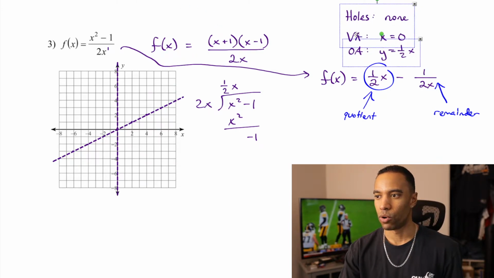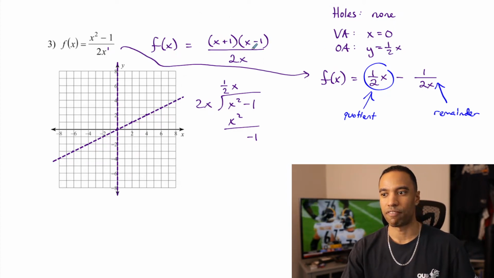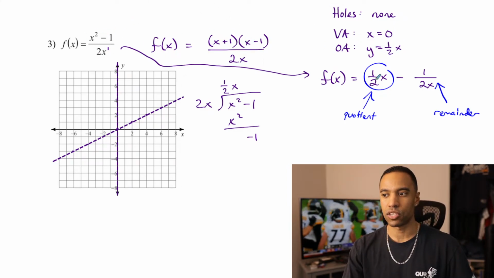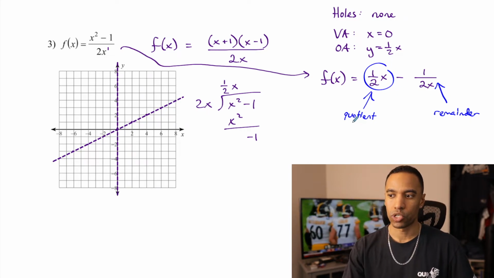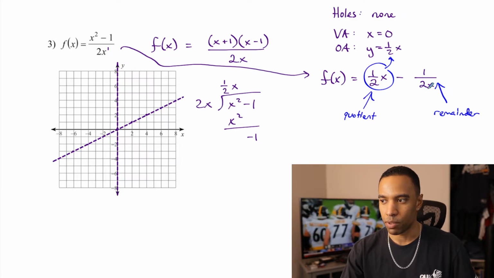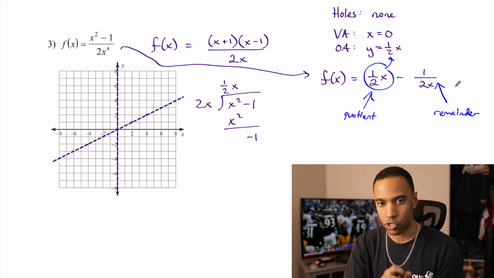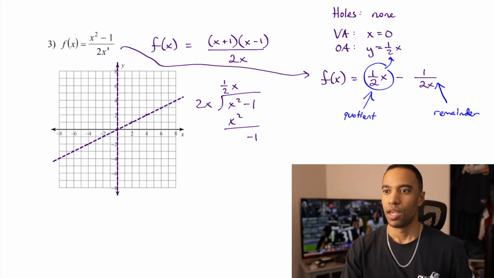So we have no holes. We have a vertical asymptote at x equals 0. We have an oblique asymptote at y equals 1/2 x. We got that by actually dividing this and determining the quotient. The quotient ends up representing the oblique asymptote in and of itself, because the remainder keeps you off of the asymptote itself. It says we approach it, get super close, but never actually hit. Now,